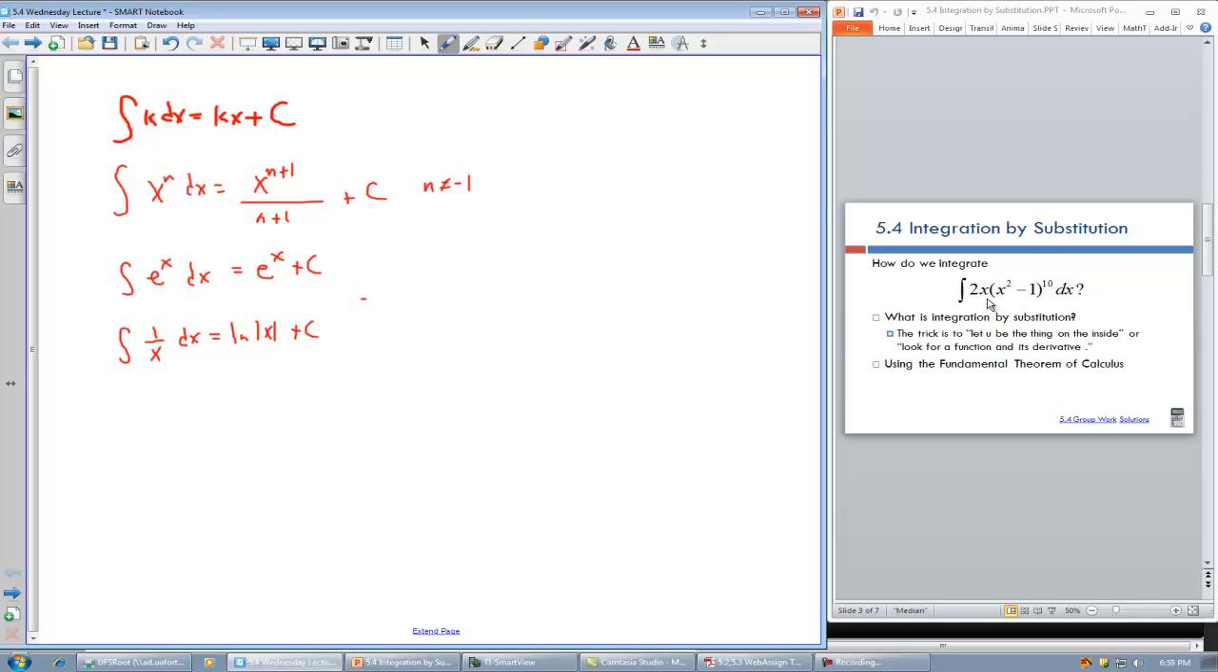And so how can we integrate this? And so what we're going to do is we're going to use a technique, a method that is called integration by substitution. So what is integration